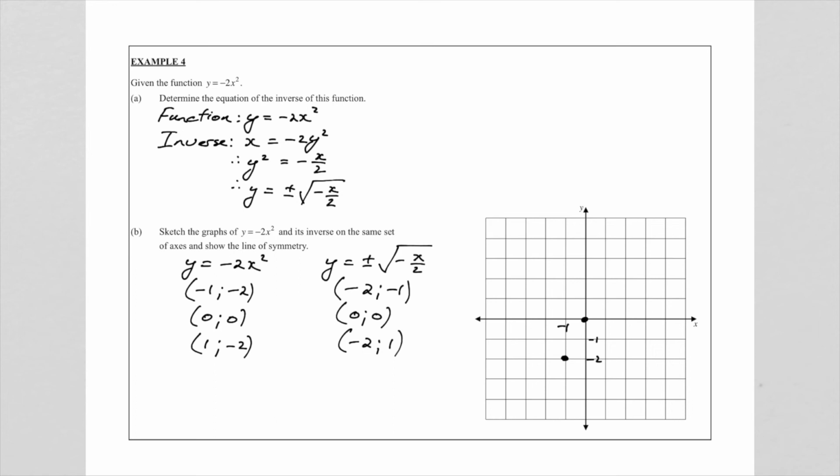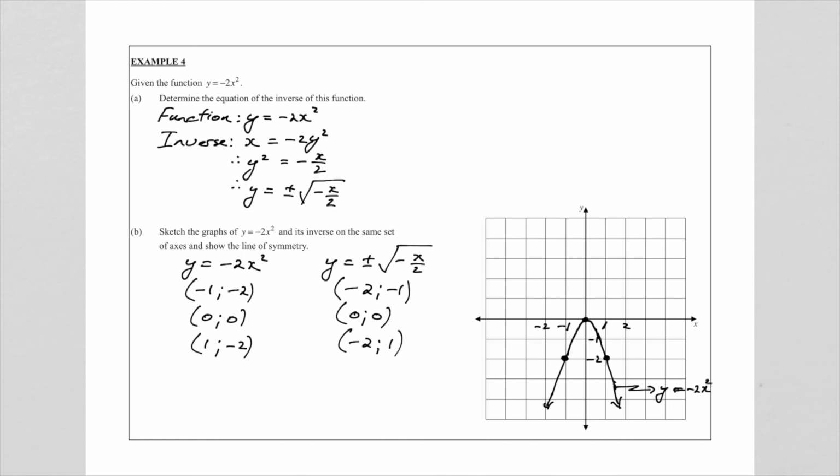And then we have 1 and 2. When x is 1, y will be negative 2. So this parabola is going right through those 3 points right there. That is where we're going to draw it. So let me just quickly draw that parabola. So there you can see the drawing of the parabola, and that is the graph y equal to negative